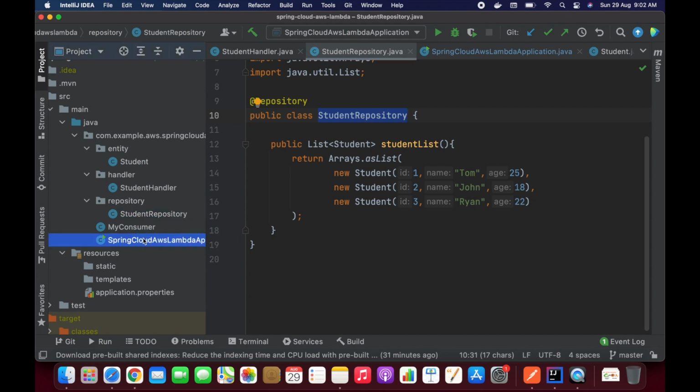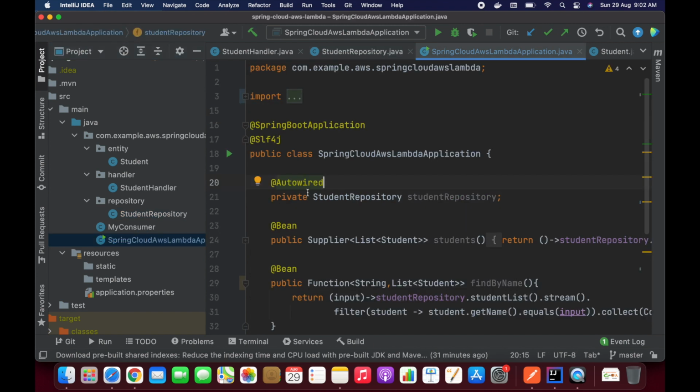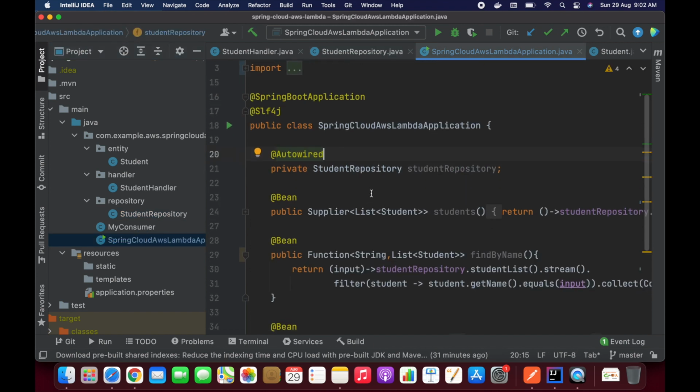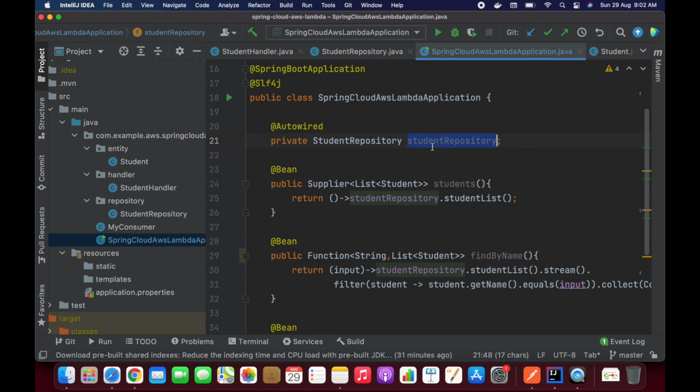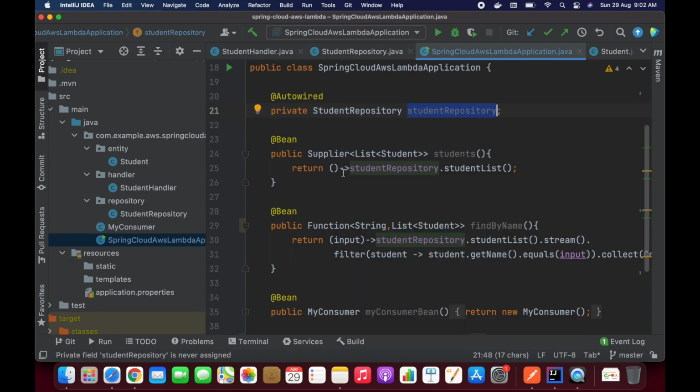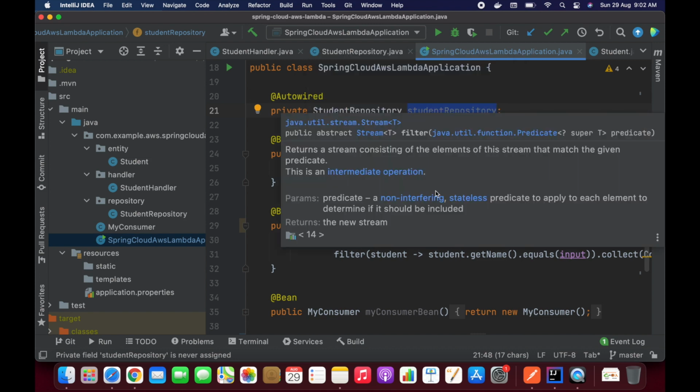Now I'm going to make use of this repository with the help of Autowired, and get the data from that repository. I've written some functions. In Java we have a couple of functional interfaces like Supplier, Function, Consumer, and Predicate.